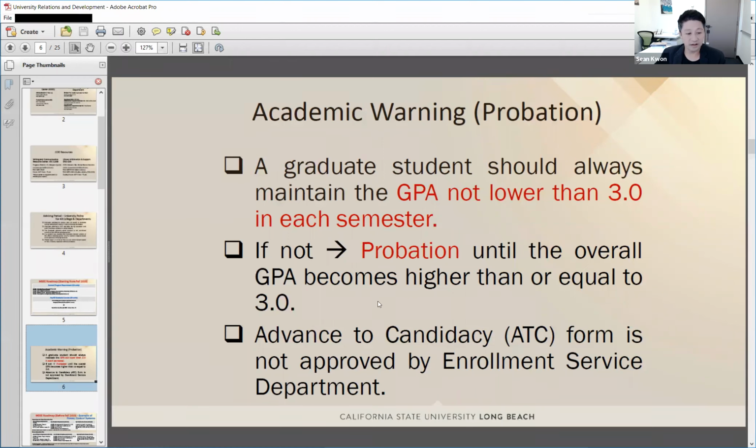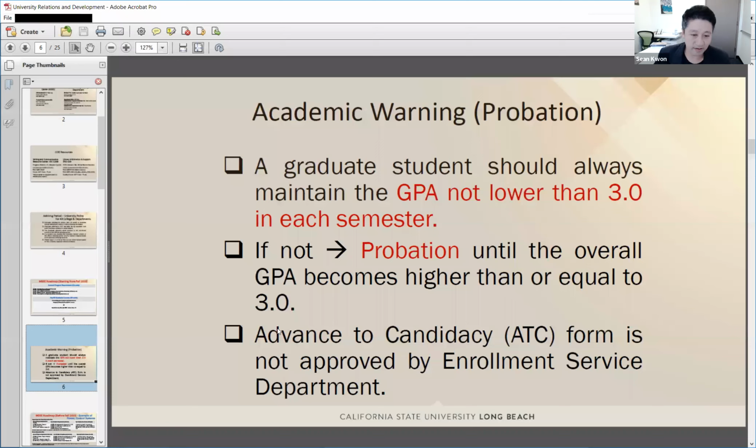For instance, advancement to candidacy, ATC, requires your GPA to be equal to or higher than 3.0. So if you are in a situation of academic warning or probation, your ATC form, advancement to candidacy form, will not be approved by the department, in fact, by the university enrollment system itself.